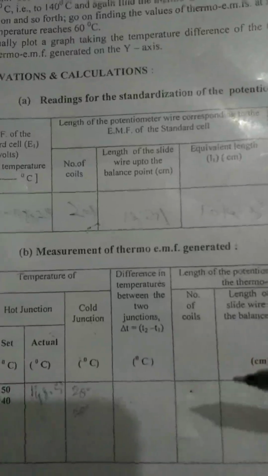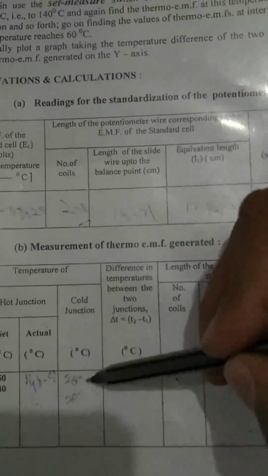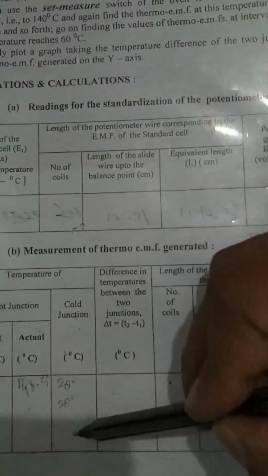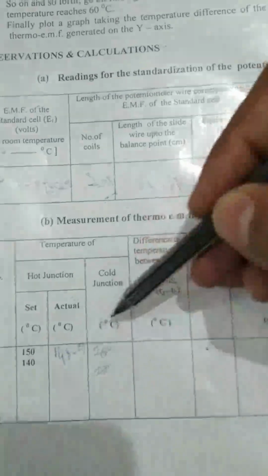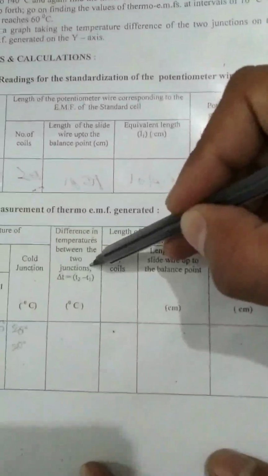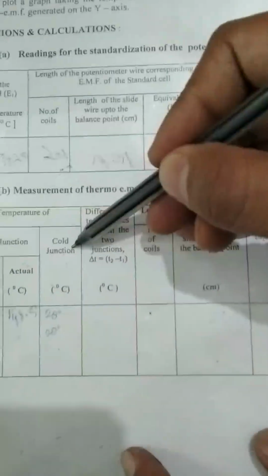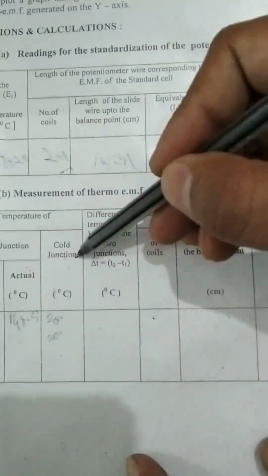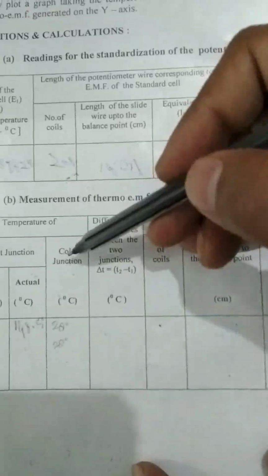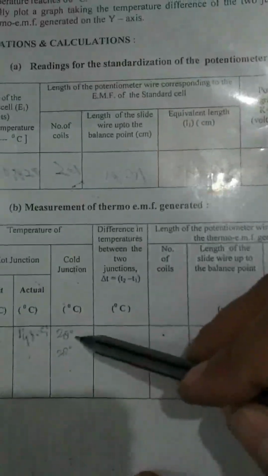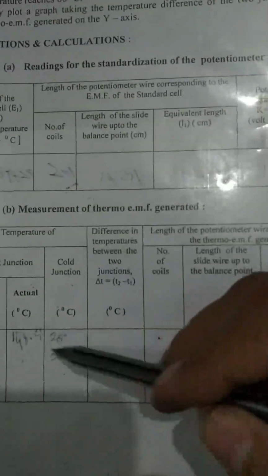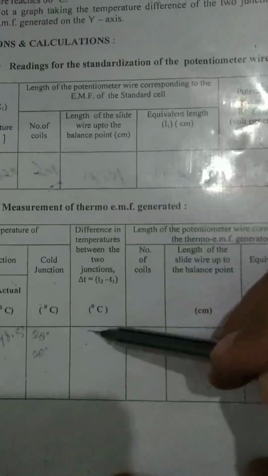because the temperature may change at the time when the readings are provided to you. So at this time, when I am recording this video, the room temperature is 28 degrees Celsius. That will be the same for all the readings. Corresponding to each set value of temperature, you have to note down the actual value of temperature, and then you have to find the difference in temperature between the two junctions by using the actual value of temperature and the cold junction value of temperature. So when you subtract 28 degrees Celsius from 148.5, you will have some value over here,